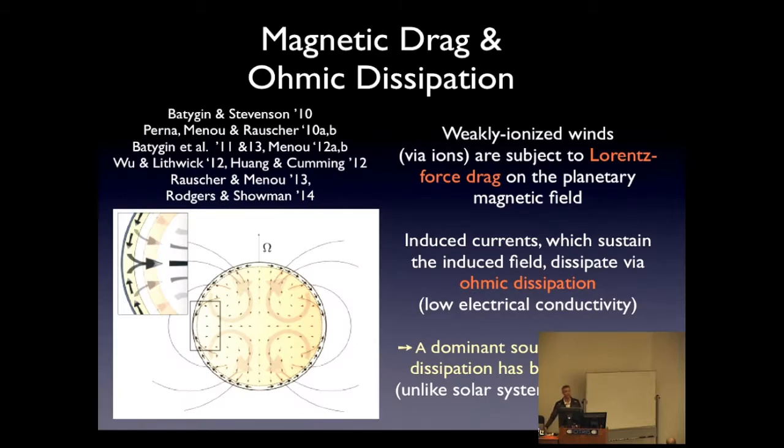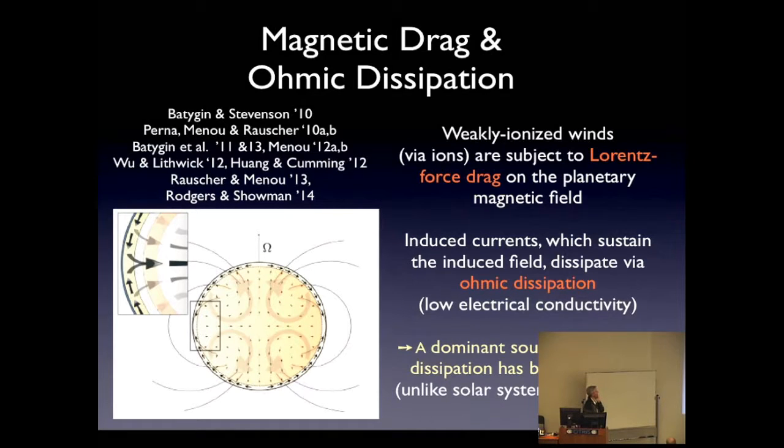The relevance of this regime was realized just a few years ago. The group at Caltech and then my own collaborators, we worked on this problem. And since then, it's been evolving and developing. It's a tough problem. MHD is always tougher than hydrodynamics. But I can describe for you the basic ingredients that are involved in that scenario. So what you have is a weakly ionized wind. And again, you get mostly neutral hydrogen,